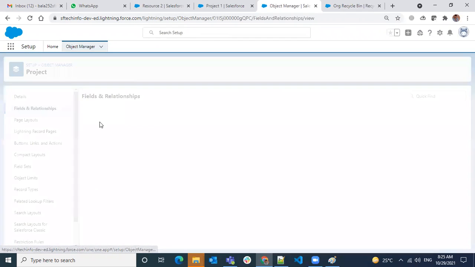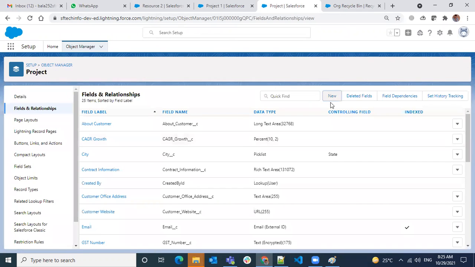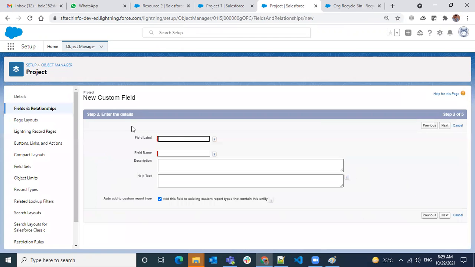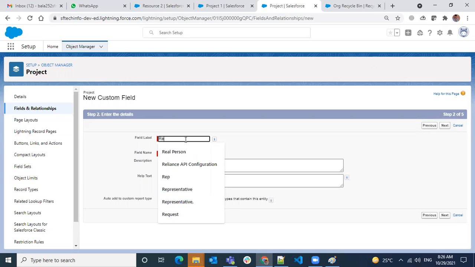We have project, fields and relationships, and create new. And see, there is a roll-up summary field available, and go to next. So what do you want? I want how many resources are working in this project. Resource count.